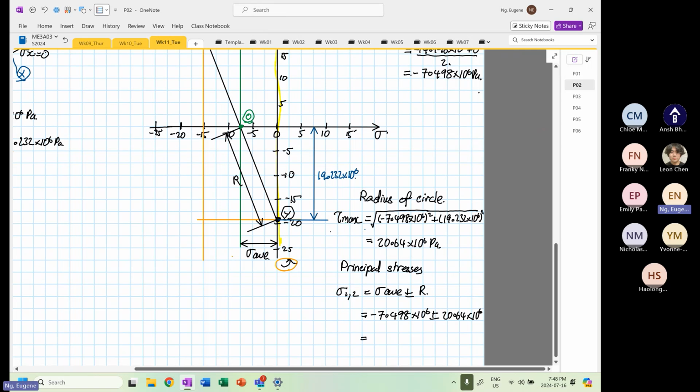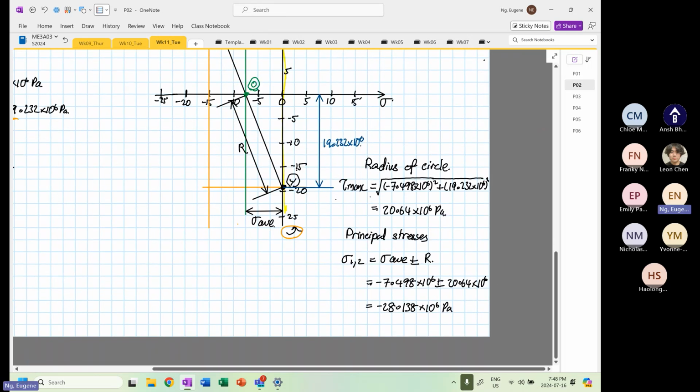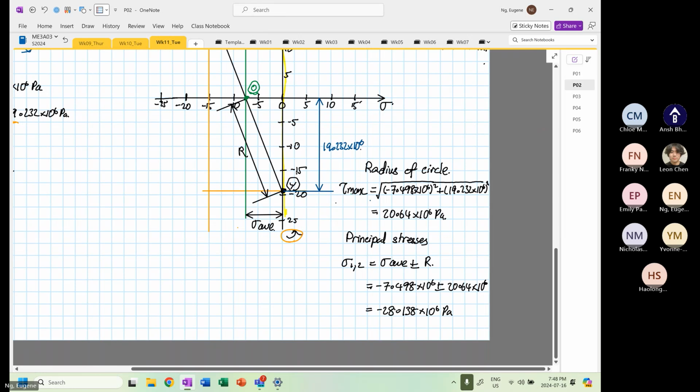So this will be equal to 20.64 plus 7.498, so it's equal to minus 28.138 times 10 to the power 6 Pascal. And then the other value, minus 7.498 plus 20.64 is equal to 12.66